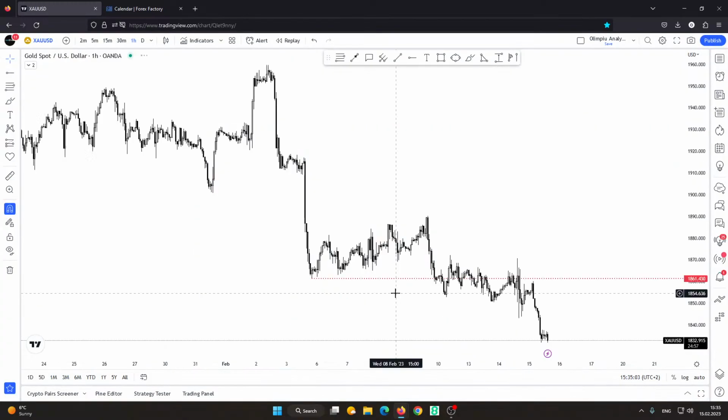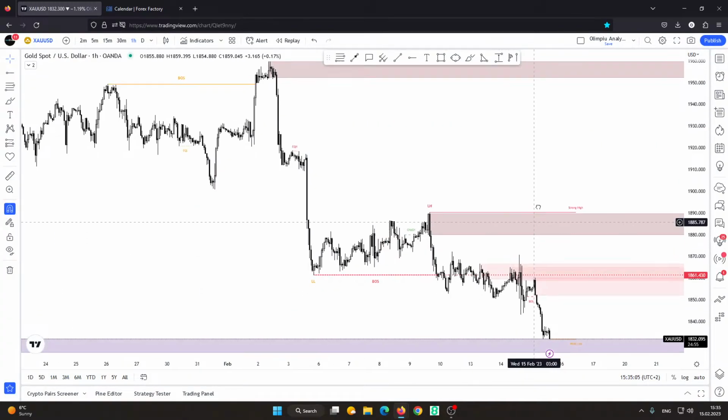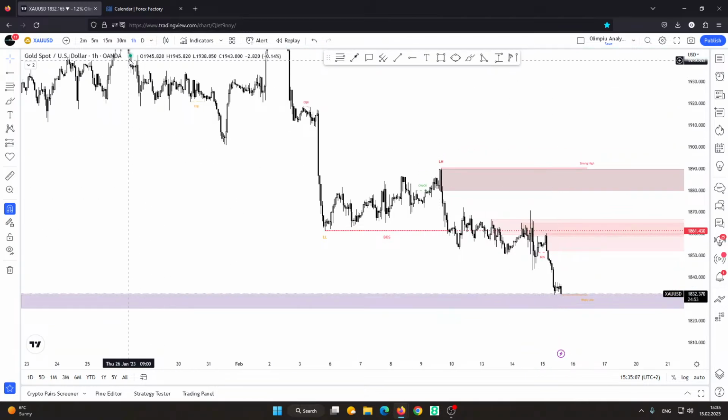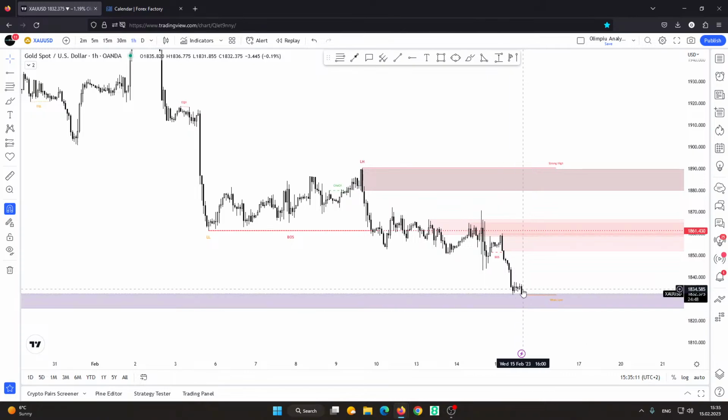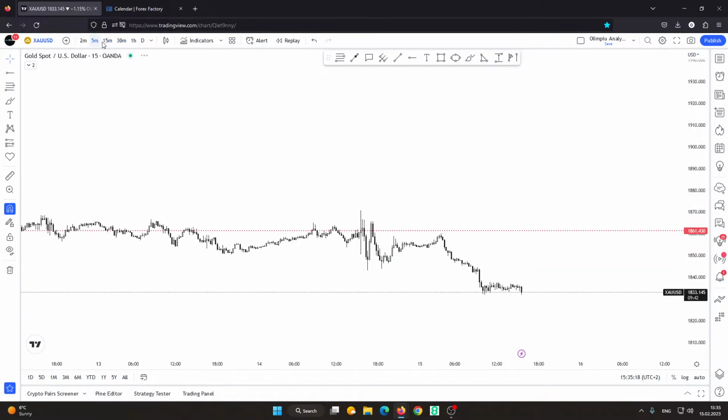Gold, I will answer your questions as well. So gold is still under pressure. It challenges this demand zone. It's under pressure because the dollar index rallied, because the US dollar appreciated, right? So right now I'll wait to see how it reacts. Also gold here in this